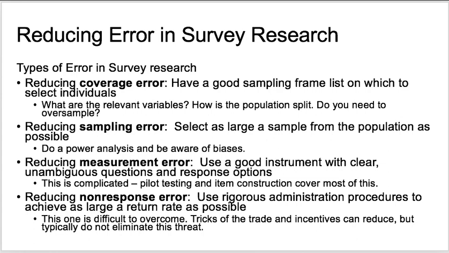Measurement error is one that we've talked about a bit. But here it takes a different kind of tack, because the measurement error comes from a lot of different places. It comes from the people who are taking it, it comes from the context that they're taking it in, and it comes from the survey questionnaire itself. So in the individual, we have people who change their mind, feel different. I ask somebody how anxious they've been feeling in the past week. Well, that probably changes from week to week, right? Or if I ask about significant life events, that's going to change too if I go from one year to the next. When I think about the context,